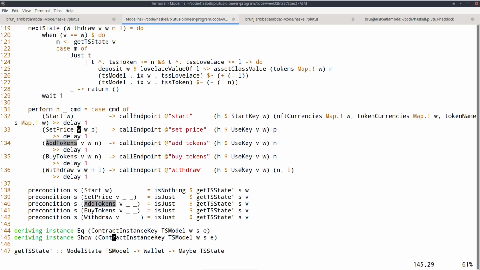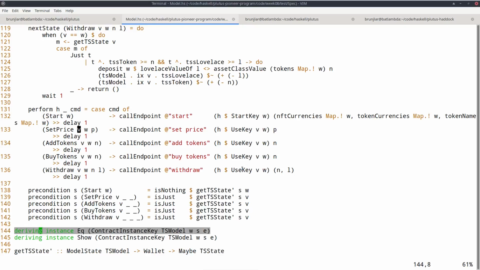And now I need Eq and Show instances for my contract instance key type, and I want to derive them, but because it's a GADT, sometimes deriving doesn't work as nicely as it does with other Haskell data types. But there's something called standalone deriving.